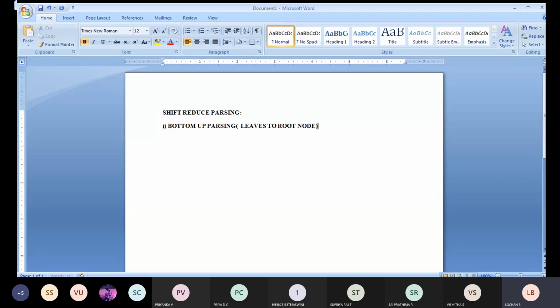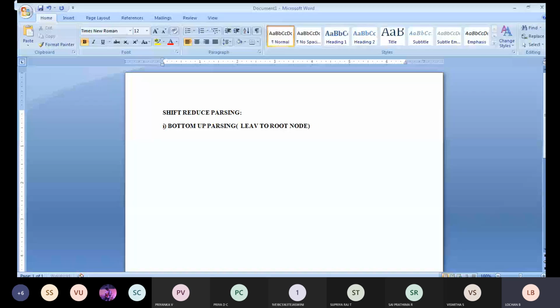Normally, whenever we construct a parse tree, we start with the root node and end with the leaf node. Yes or no? In this particular case, we will be starting from the leaf node to the root node.